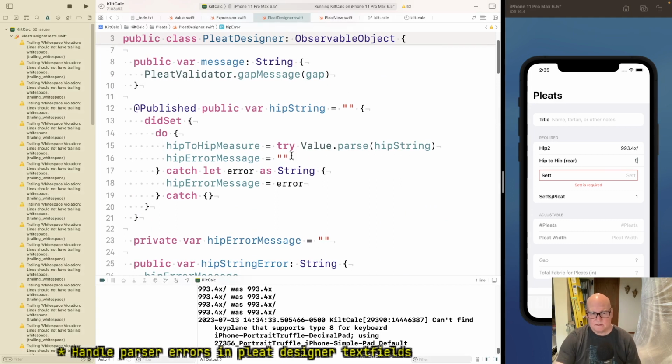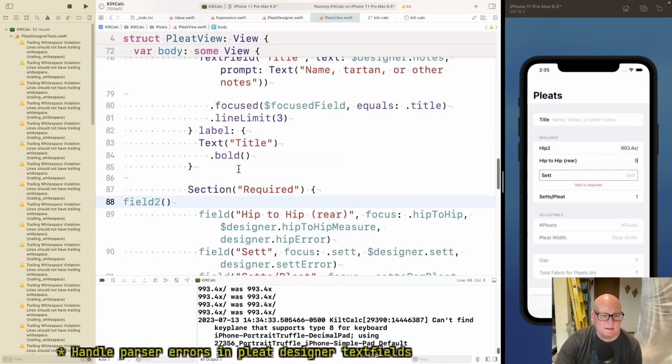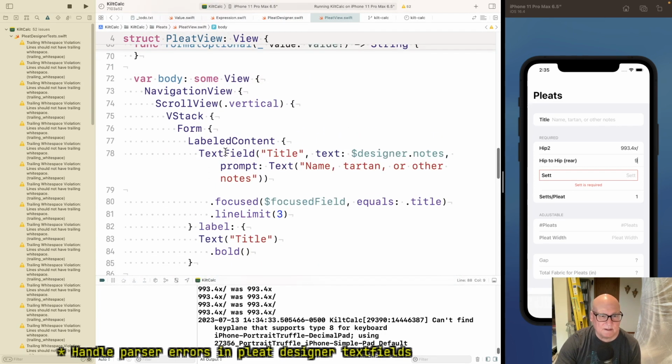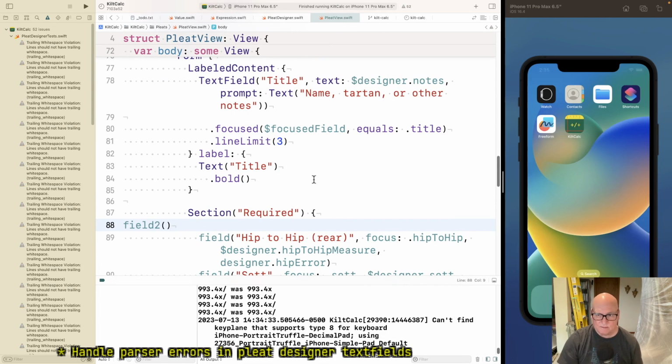Sorry, this equals our current hip error. Okay, and let's see that thing displayed. Field 2, okay. I think we're doing it. All right, let's run it with field 2.